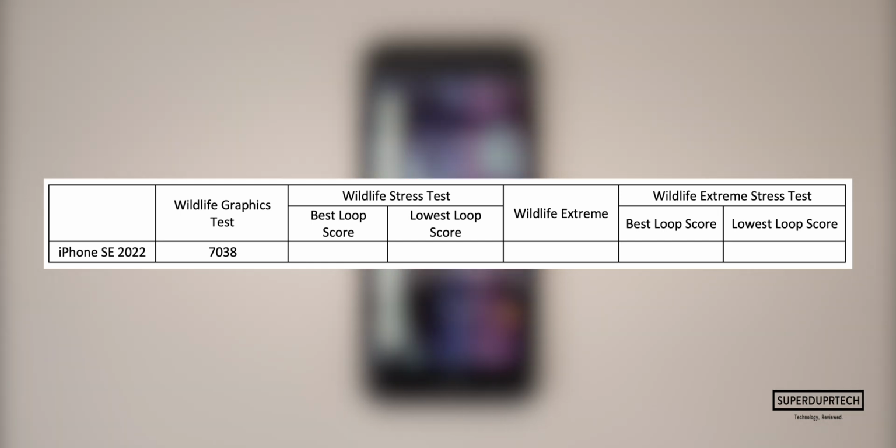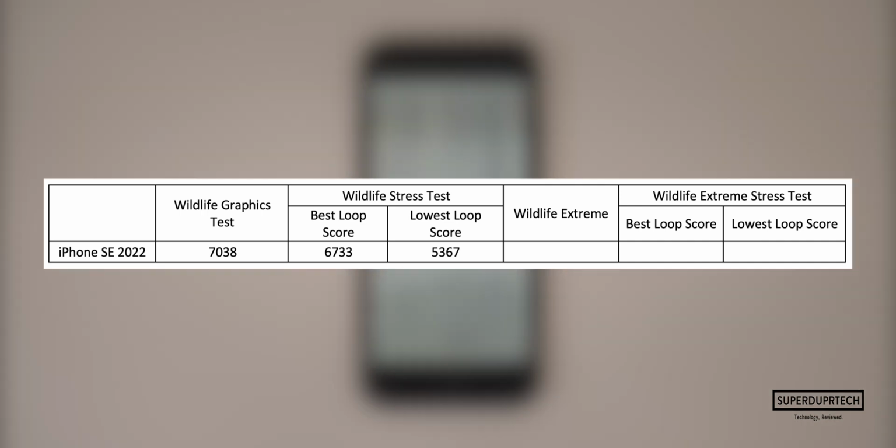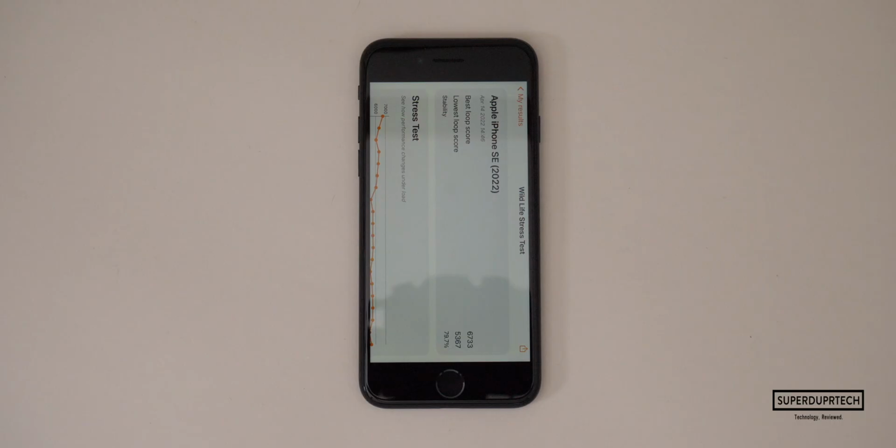stress test. Now with this, I got a high score of 6,733, whereas the lowest score that I got here was 5,367, which when compared to running this test on its own and getting a score of 7,038 to getting 5,367 when the device was stressed the most, that's around a 27% drop in performance, which is quite shocking, and